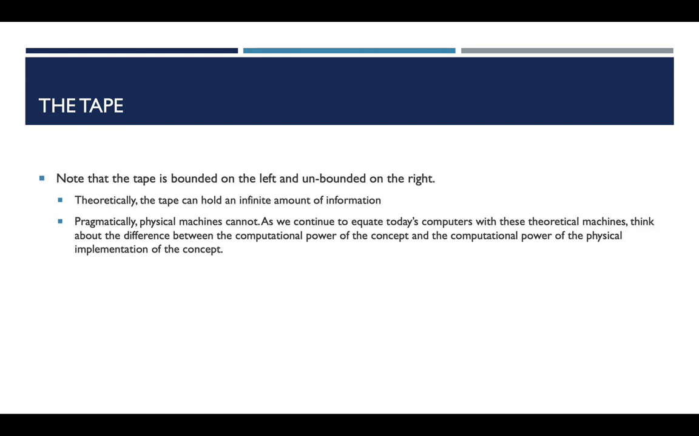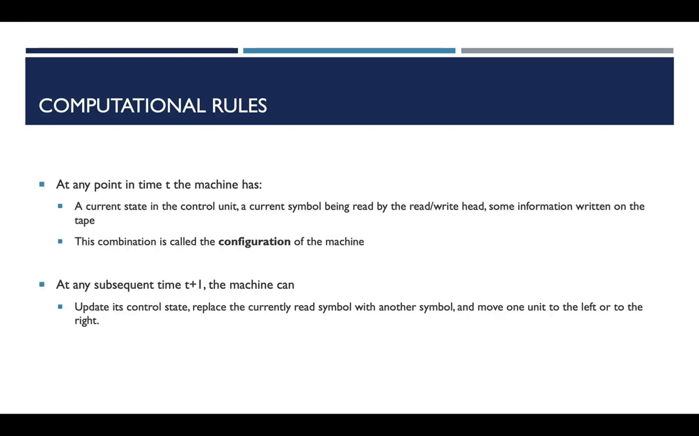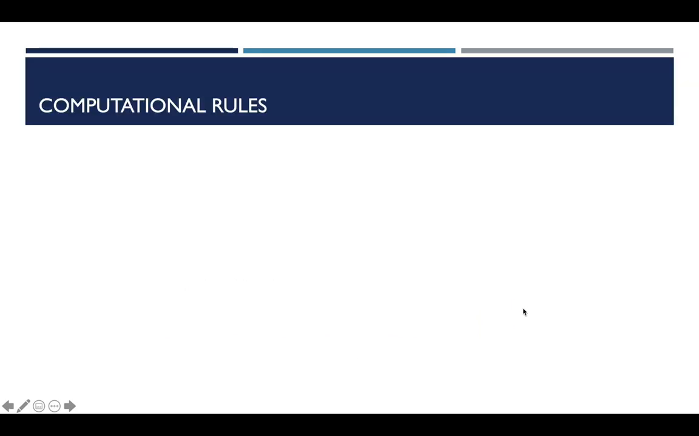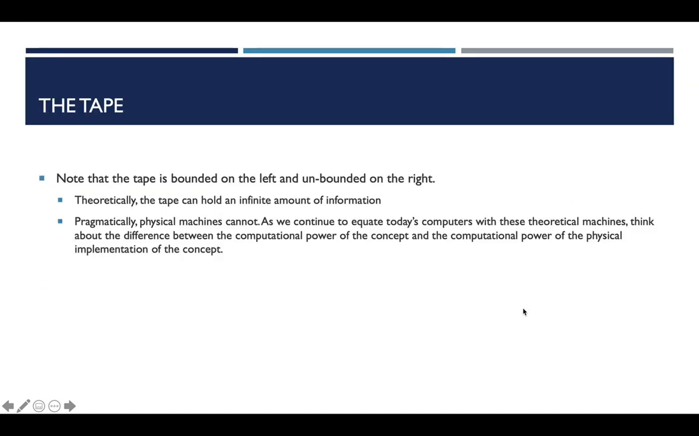So some notes about the tape. The tape itself is bounded on the left but unbounded on the right. If you go back to my Microsoft Paint diagram, you see there is a boundary on the left, but there is not a boundary on the right. This causes quite a bit of theoretical hand-wringing for a lot of people. But the thing to focus on